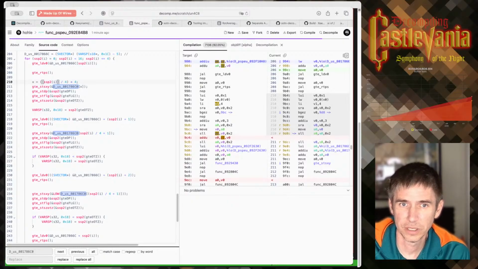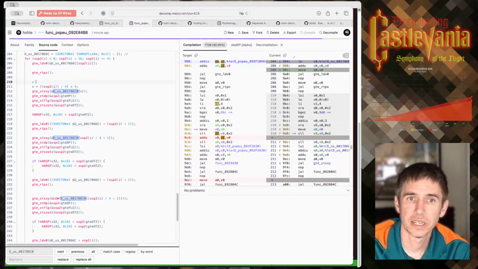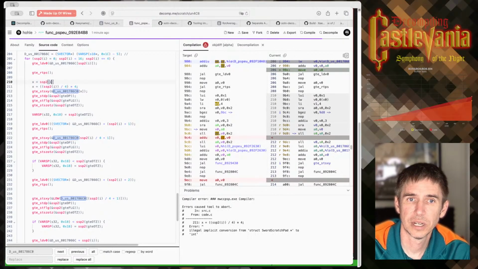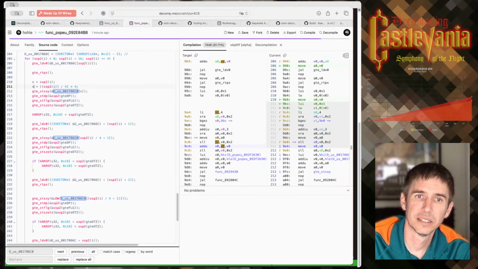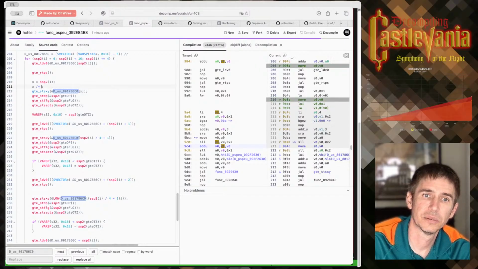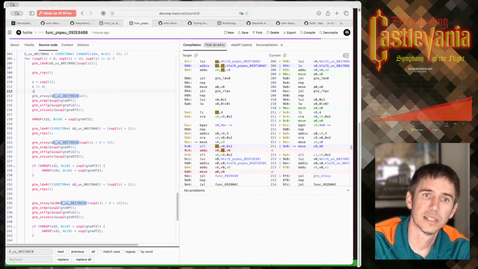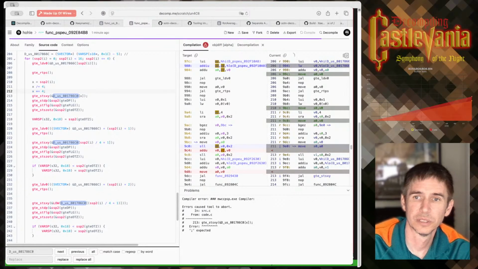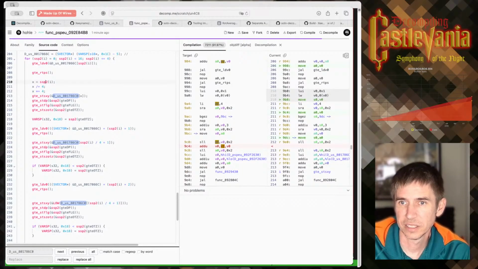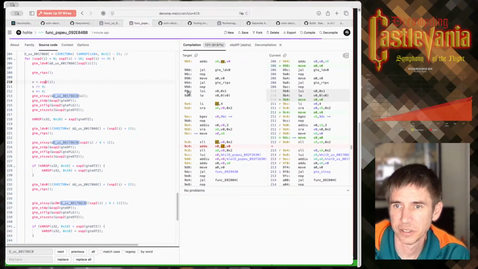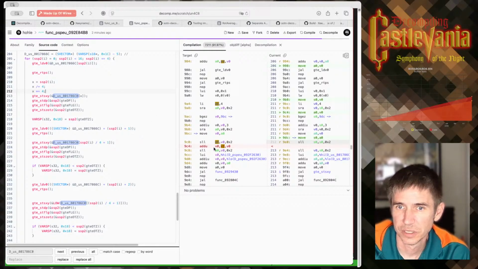So if we say x equals ssp2i, and then x divided by equal 4, and then x times equal 4. We're going to get these moves in between, but that's okay. I know that the moves are going to go away. And then what we're left with then, so this is our shift, we need to add